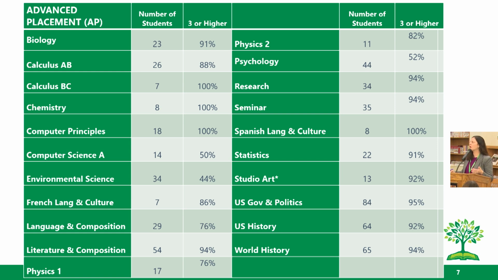scoring a 3, 4, or 5 can typically lead to high school students getting college credit, depending upon where they're going, depending upon their program, for work that they're doing in high school. So this is a great opportunity, not just for our students to potentially earn college credit, but for them to engage in a rigorous learning opportunity that we also provide a lot of support for them to see this kind of success rates